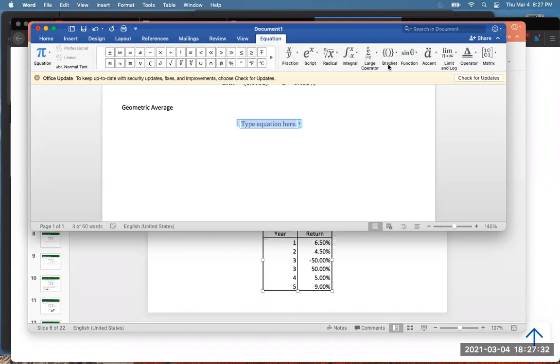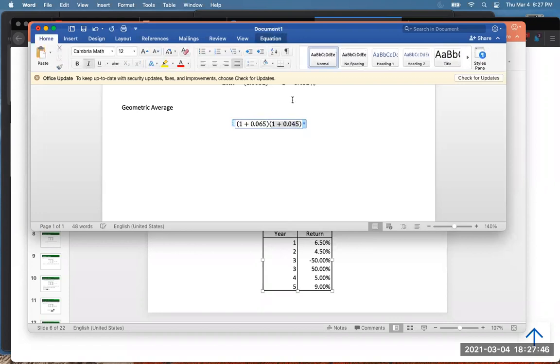How do we figure that out? 1 plus the return for year 1, 1 plus the return for year 2, 1 plus the return for year 3, which is minus 50%, 1 plus the return for year 4, plus 50%, year 5 is a 5% return, year 6 is a 9% return,